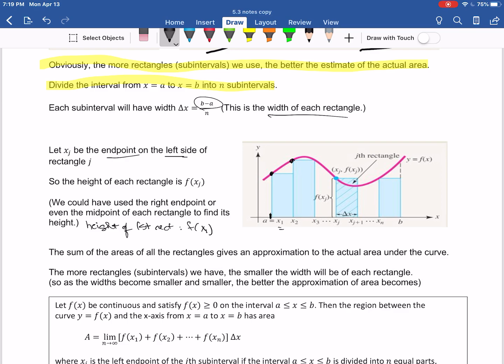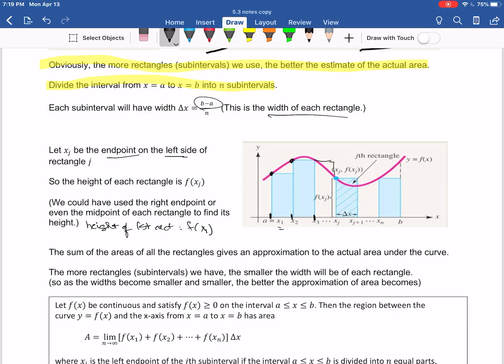The height of the second rectangle is f of x2. The height of the third rectangle, if it were drawn, would be f of x3, and it would look like this, and so on and so forth. Now, why the left? Why the left? Well, you're going to be told,